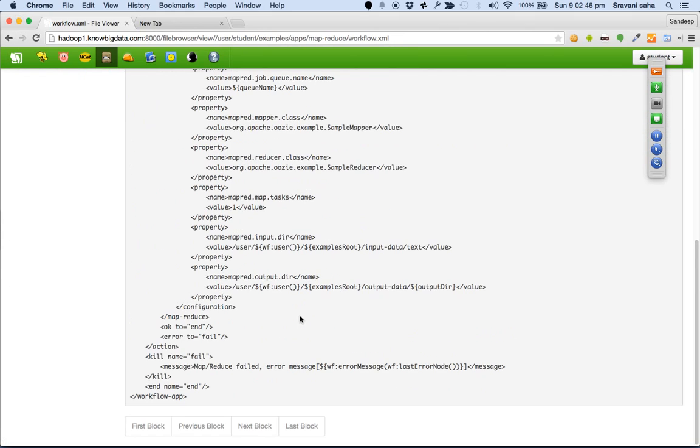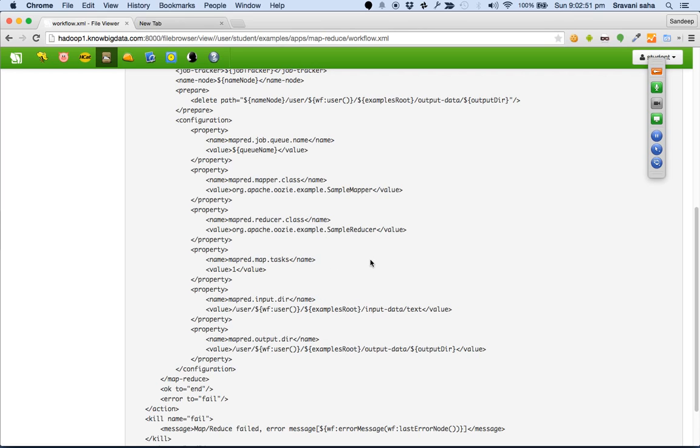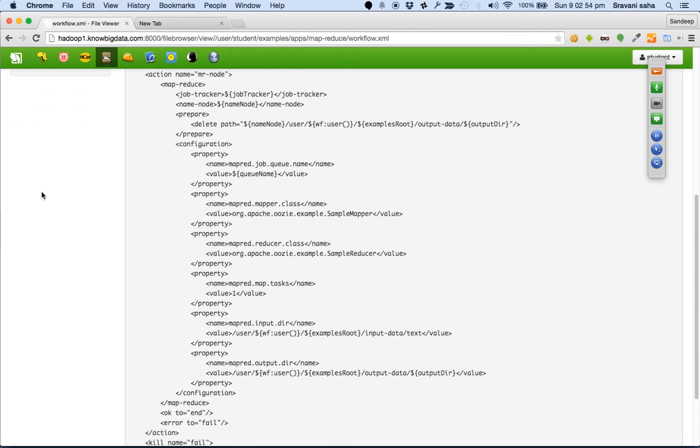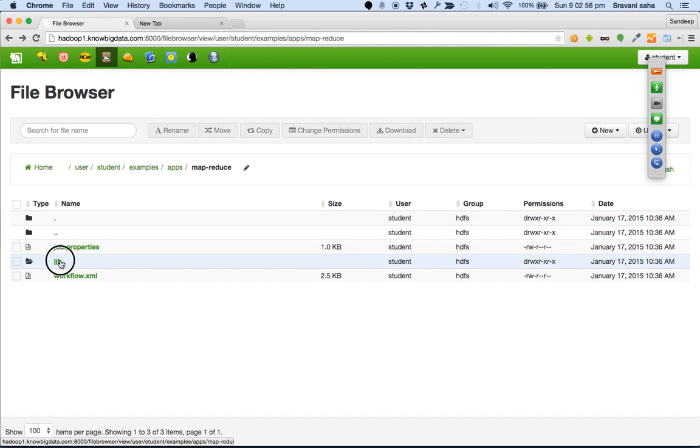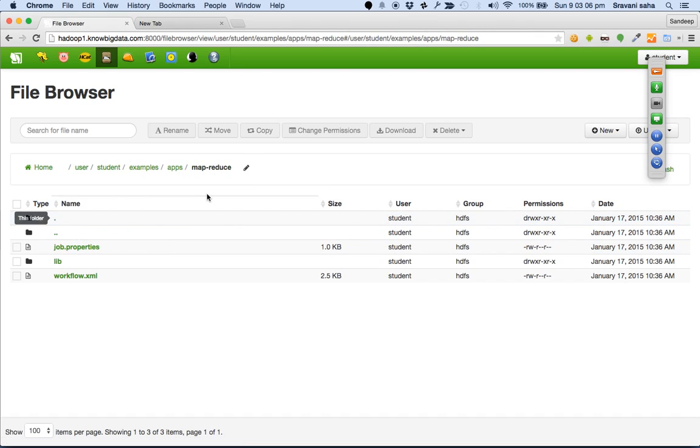Right now the workflow is simply a MapReduce job. And what will it have? The library will have your MR code, whatever we were running earlier. So there will be a MapReduce folder. For each project you will create a folder in HDFS. Note that it is in HDFS, it is not in your local file system. Also please note that in case you are running a larger project,